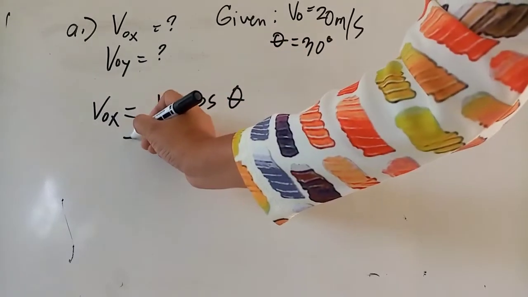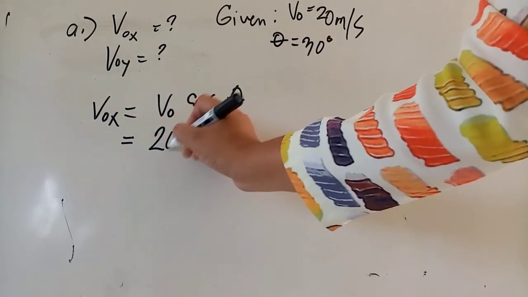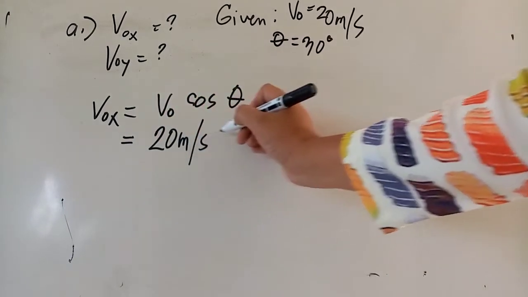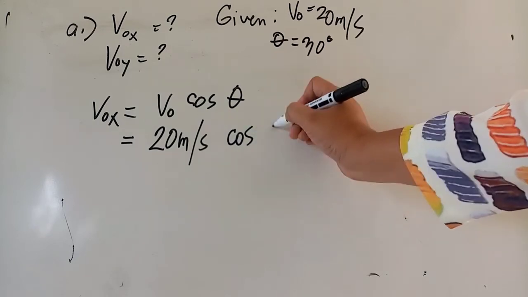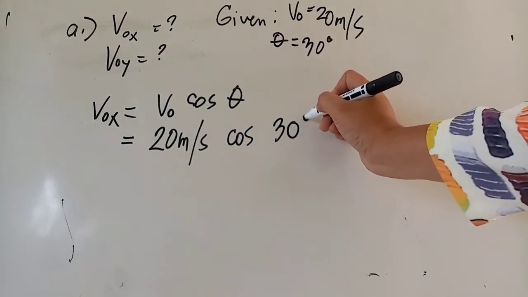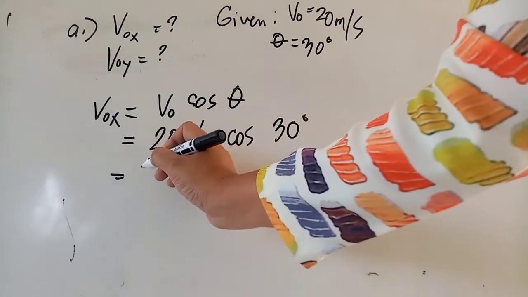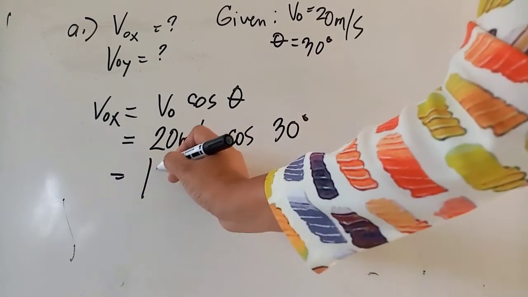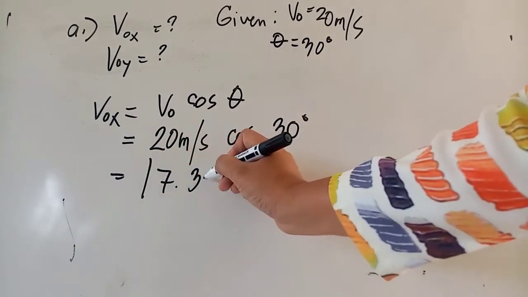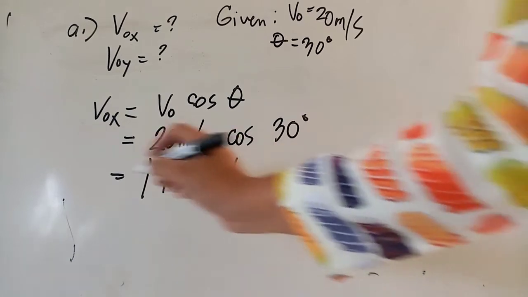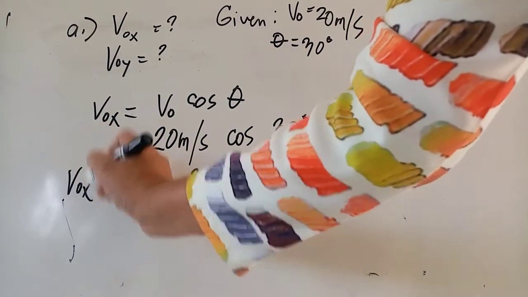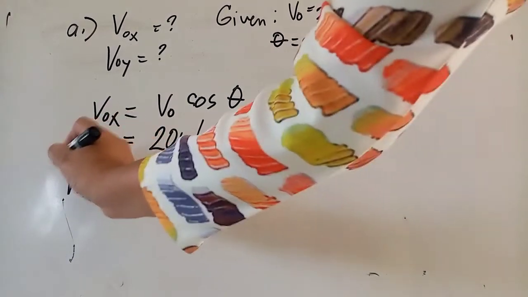So just substitute the value. Initial velocity is 20 meters per second times the cosine of 30 degrees, and using your calculator, we'll have 17.3 meters per second, that is our initial velocity in